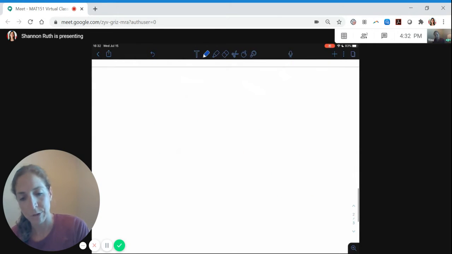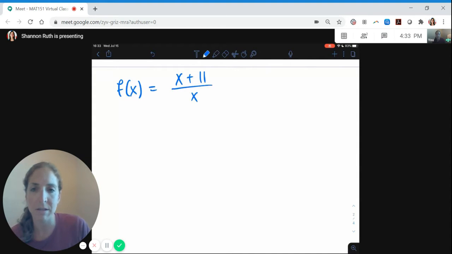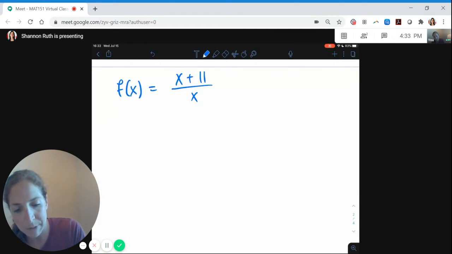Let's try another. I'm just trying to throw all the curveballs I could possibly think of at you guys. If I gave you f of x equals, how about x plus 11 divided by x? This is another one that I know in the past has maybe tripped people up a little bit, almost because it's too simple. So basically what we're going to do here is same as before, snag the denominator, set it